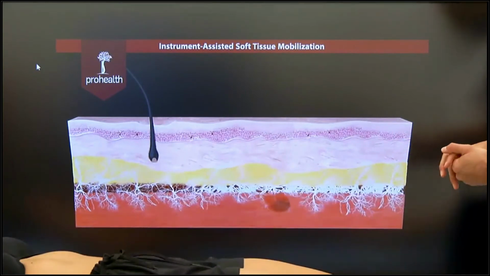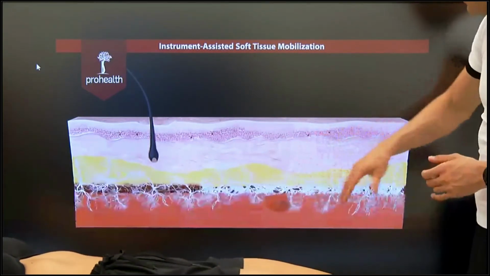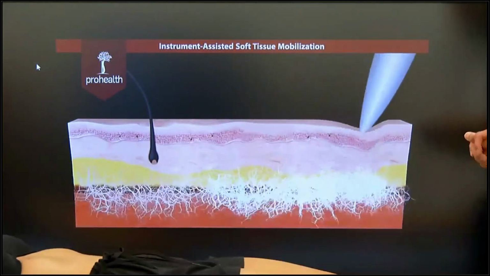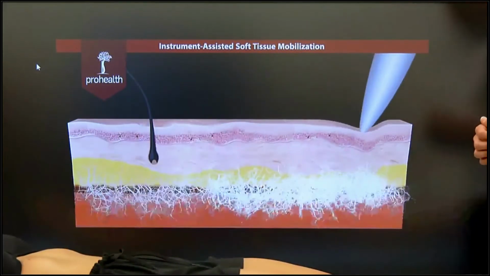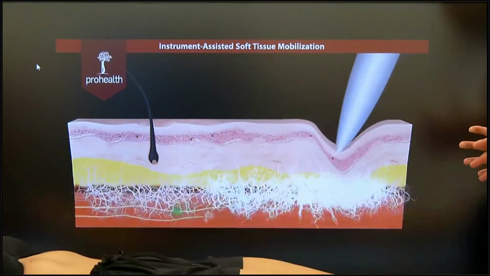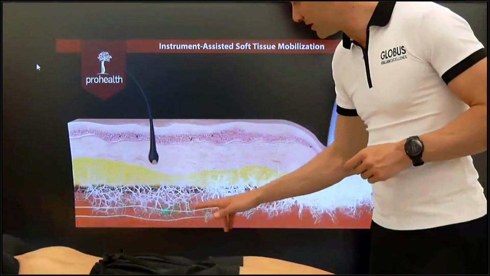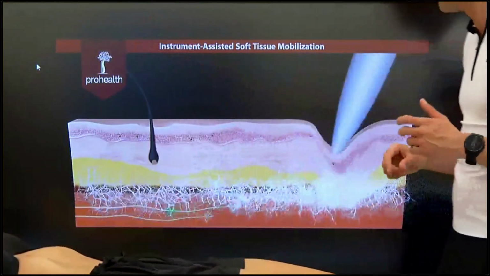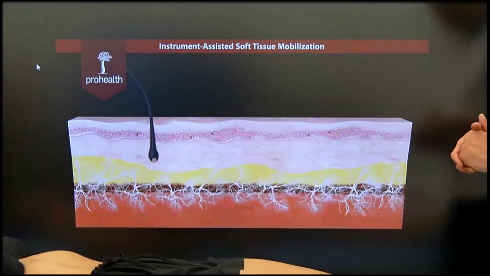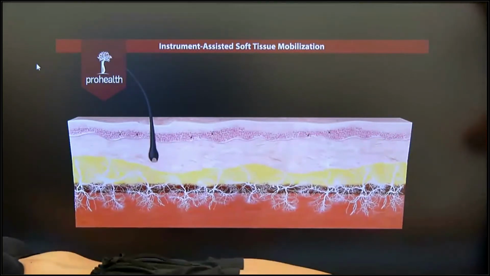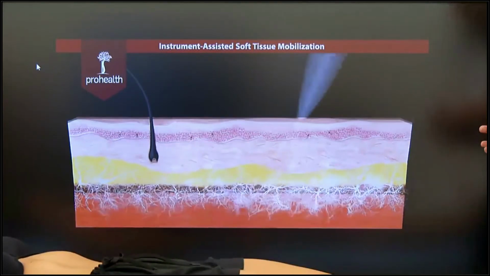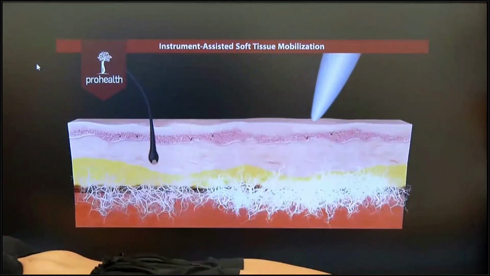Okay, so when there is a densification, we're going to lose this kind of sliding ability, and we're going to perceive it, and we can treat it with the tool. By treating, we could restore the nervous communication between the fascia and the central or the autonomic nervous systems, and we can promote the correct sliding again. So I think this is a very nice animation to better understand what we are talking about, and it's very easy to understand.